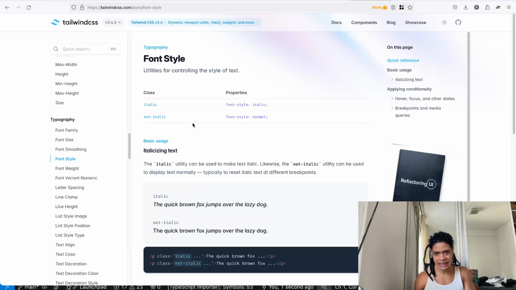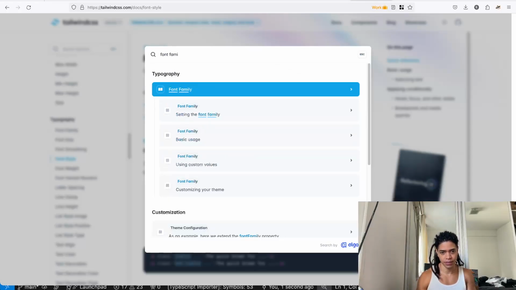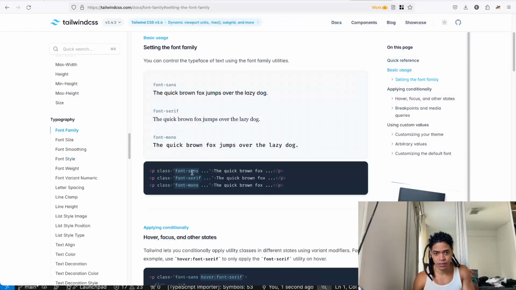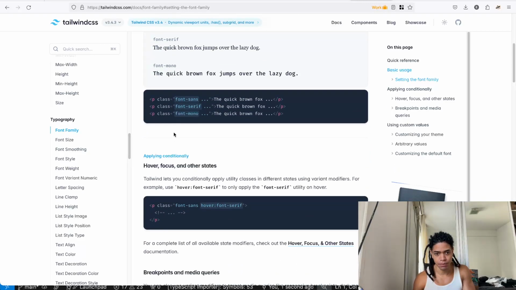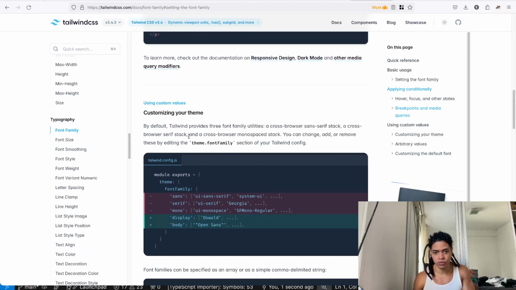Font family, setting the font family, basic uses of font, but not setting the font family. Applying conditional font family. Okay, customize your theme to display that.